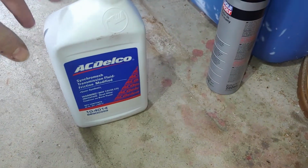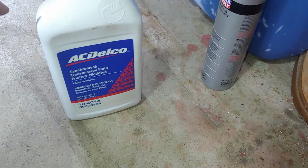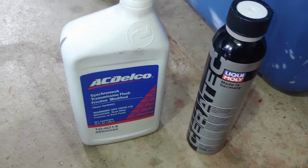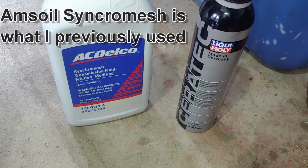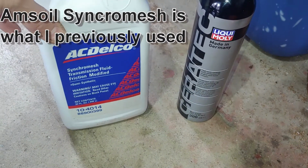What I'm trying on this one is, years ago I was in a thread on Coupe where people were trying to figure out the best fluid, mixing different oils together, and somebody said this was supposed to be a pretty good one. I was using, well, I can't remember the stuff I was using. It was another synchromesh. I'll put it on the screen what I was using, but I heard somebody saying this was good and cheap